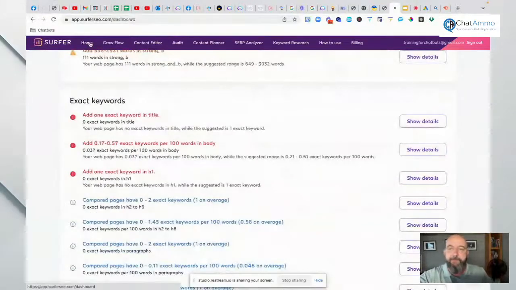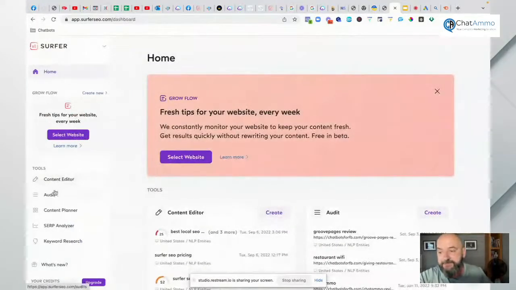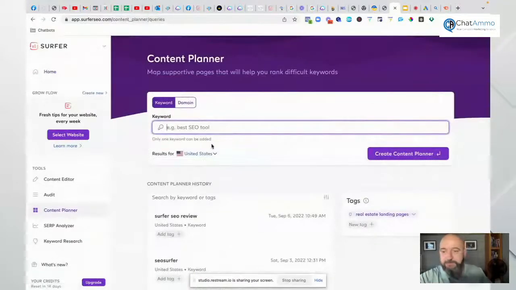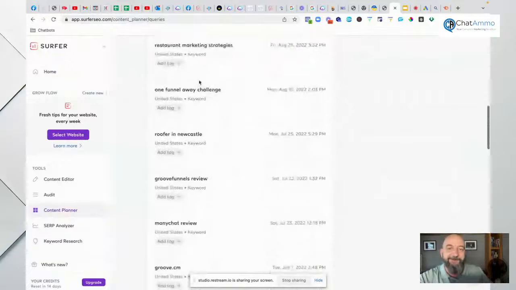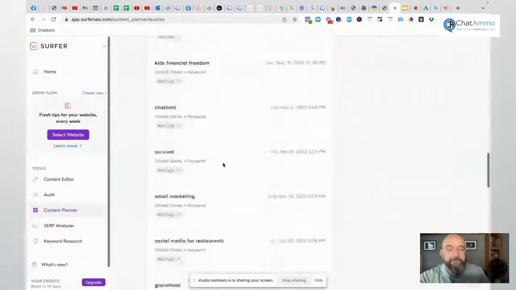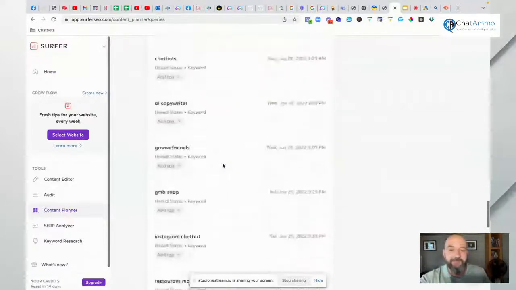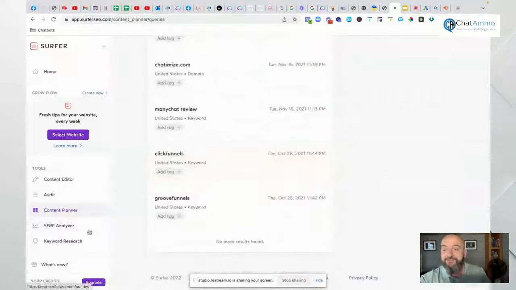But that's just that one. Now, Growth Flow I haven't actually set up, and I should have done. I'm a bit stupid for not doing that. We've also got the content planner, which is the thing I use the most. This gives us all of my various different silos, so you can see what I'm going to go after. I was doing an example of roofer in Newcastle. But this means you can go out and start actually charging for your services. It means that you can go out and start charging for SEO. And it's just so simple.